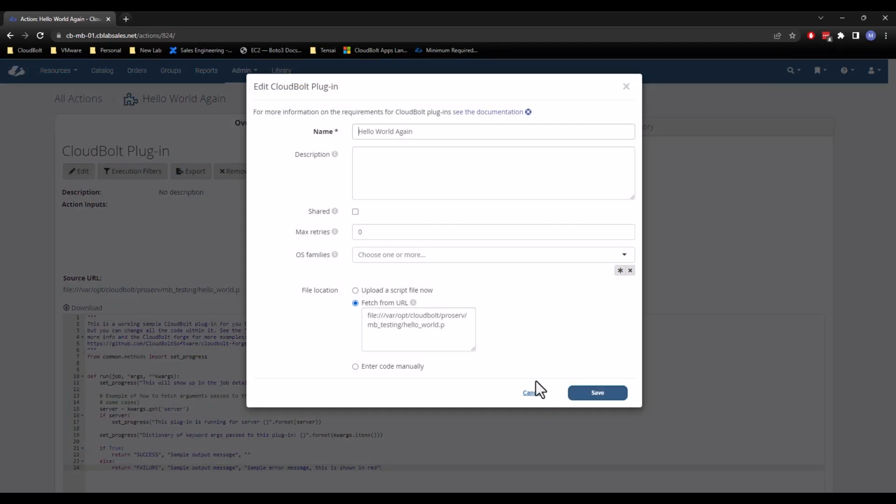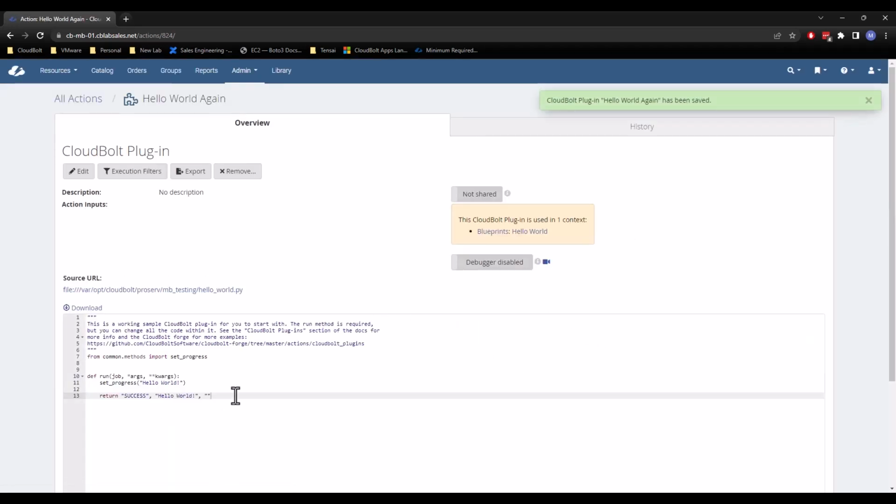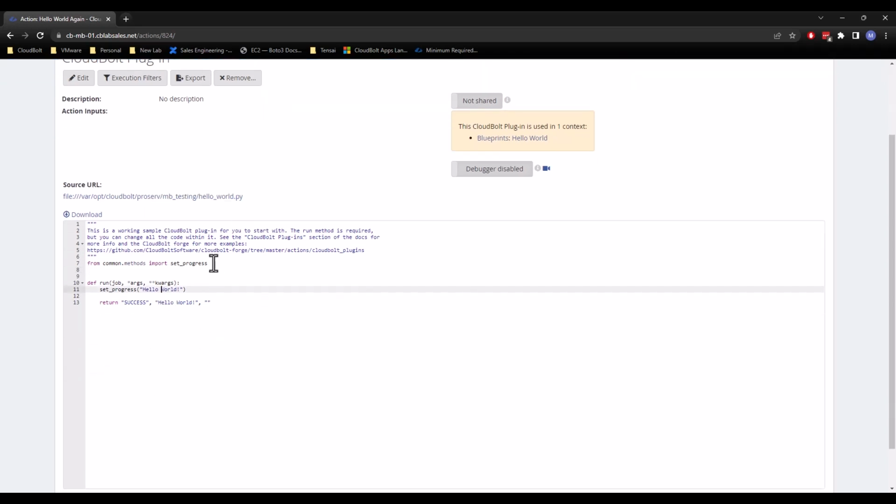So I'm going to go back in. I'm going to fix my path, add that .py. I'm going to save again. And then what should happen if it's correct, now we see this script being called from the guest system on the CloudBolt appliance. So again, the big reason I do that is it allows me to